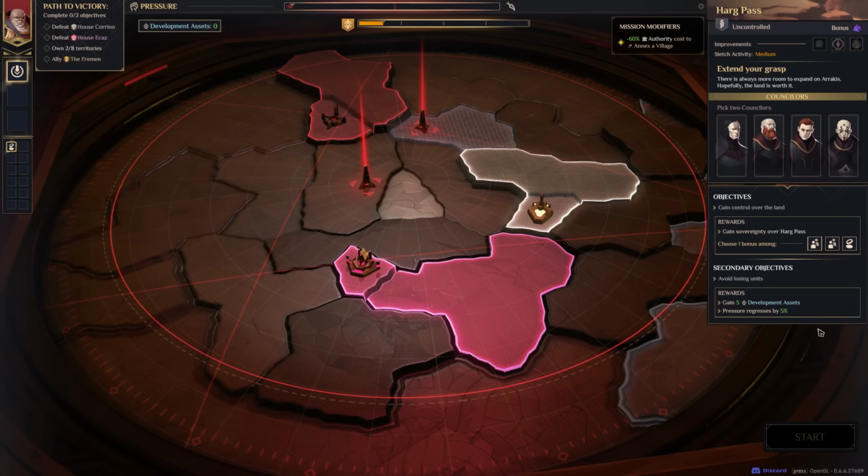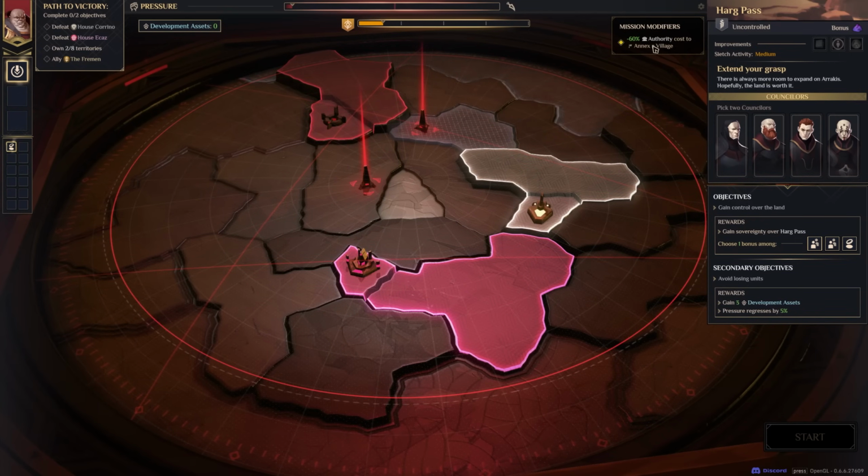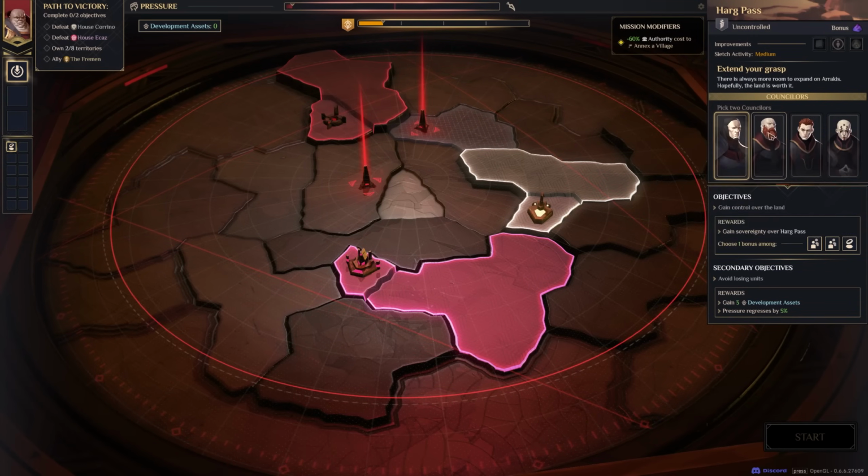And I do kind of like the idea of going for some development assets, kind of give this one a go. There's only one modifier, and that is a significant reduction in authority. So between my 10% boost and the cost reduction, as long as we get our military up and running, we should be able to just very aggressively start conquering lots of land faster than anyone else can. Knowing that's the case, maybe we should go for Glossu Raban over here, still get that extra militia slot unit,